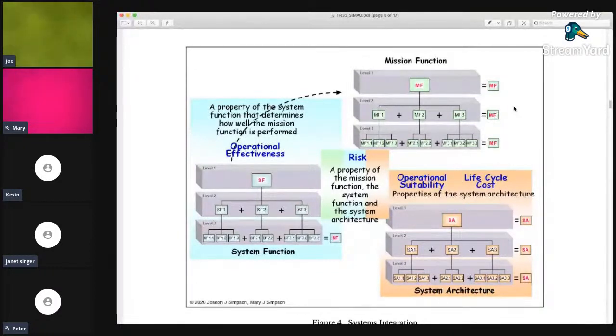So there's kind of a template for this. So basically, a clear mission statement, a clear mission function is the first thing. Come up with those, then we can start decomposing it and looking at how these other things would fit in